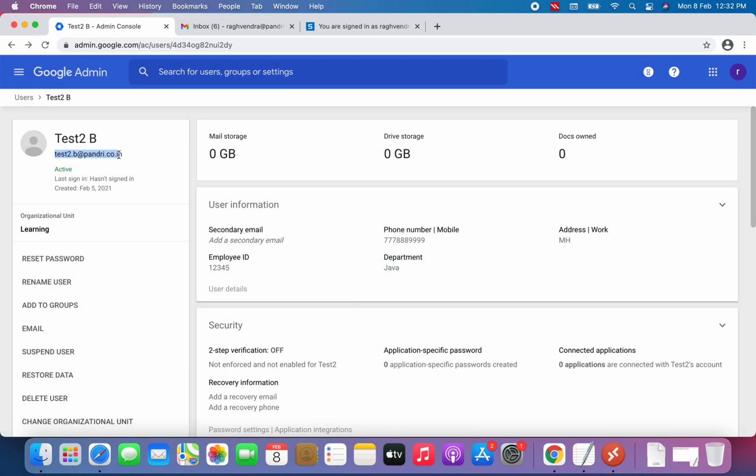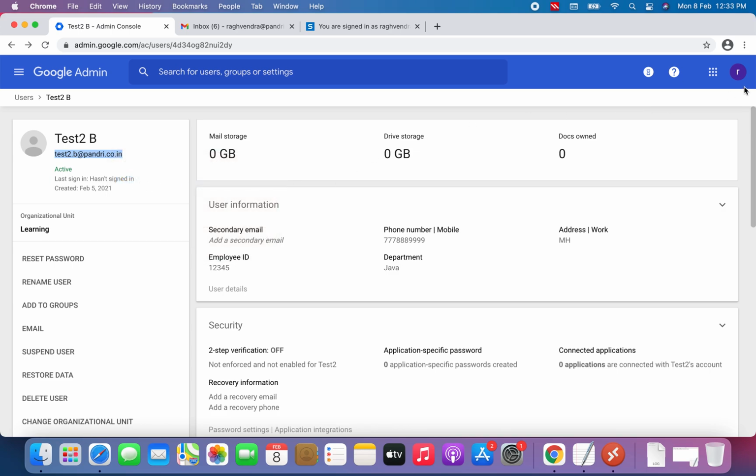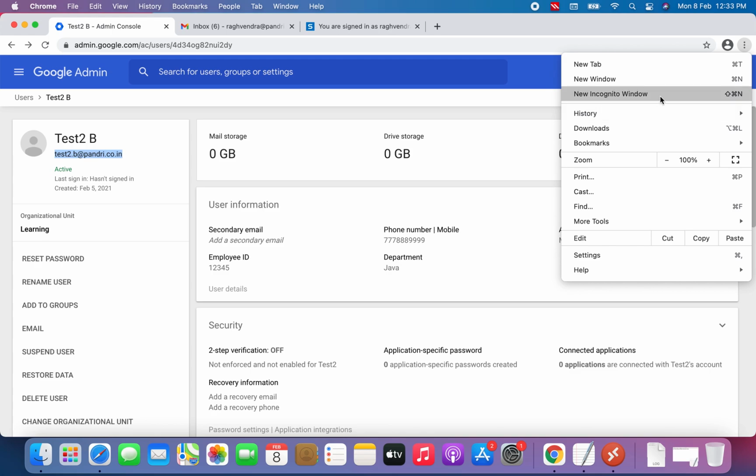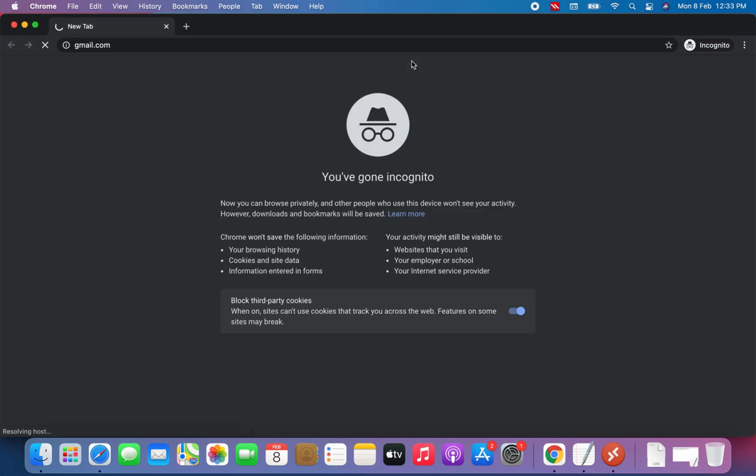Let me copy this email ID. What we are doing is checking whether this user has received the email sent to the HR group.